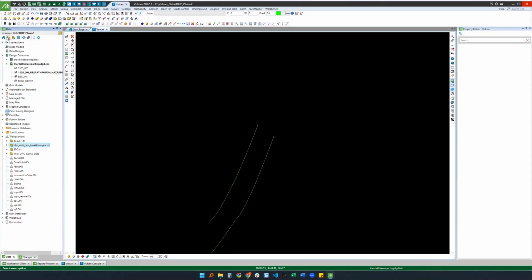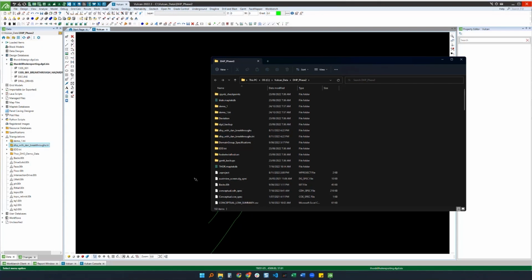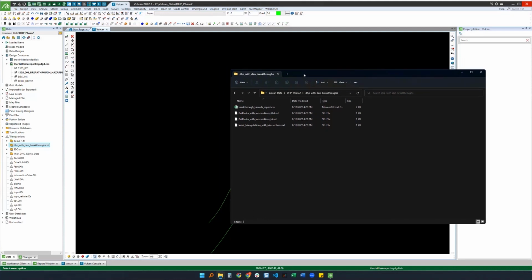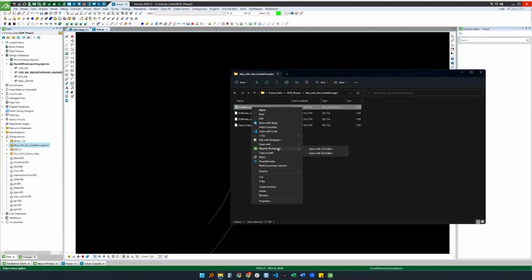But what we actually have, if we open up our folder, you can see we've got the triangulation subdirectory, but we've also got another subdirectory that's been created. Now in here, this is where we've got some nice things. Firstly, we've got our CSV report. So if we open that,